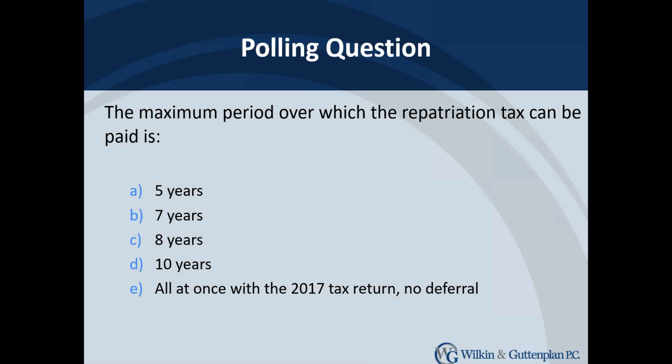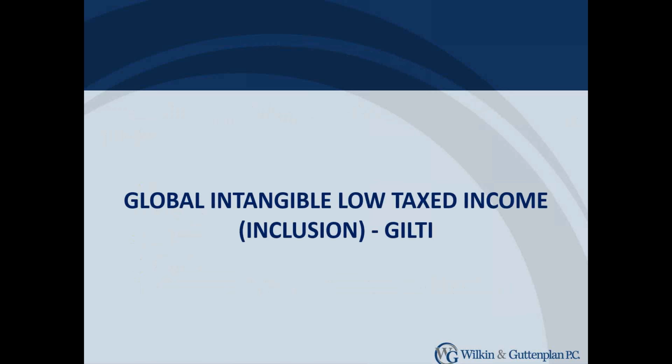With that, we're going to jump into the next section, which Vinay will tell us more about the global intangible low tax income inclusion. Try saying that 5 times fast. But we have an acronym for you. Yes, and it's GILTI. And as you can tell, the acronym implies that it's not a good thing. So what you see in the title, you see in parentheses inclusion. There are 2 pieces to GILTI: an inclusion, an income piece, and a deduction piece. We're going to focus on the inclusion, the income piece first.